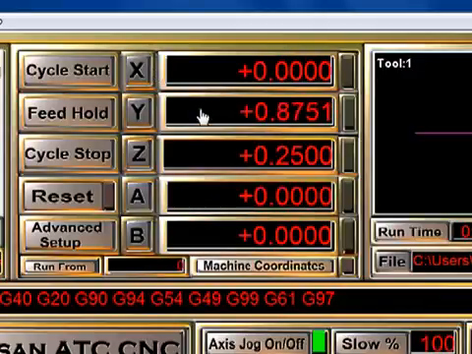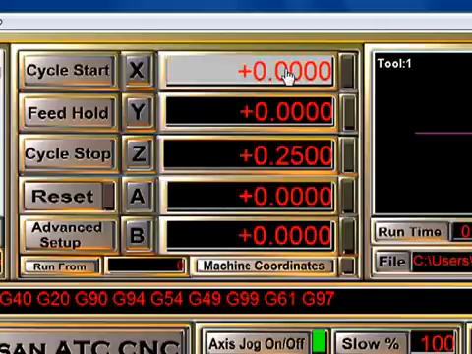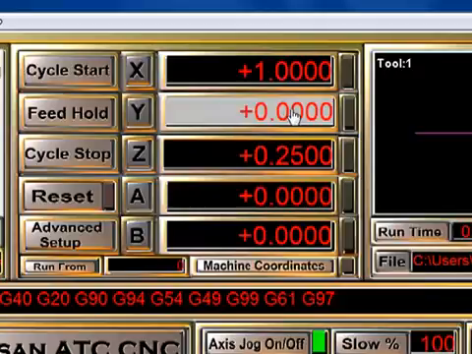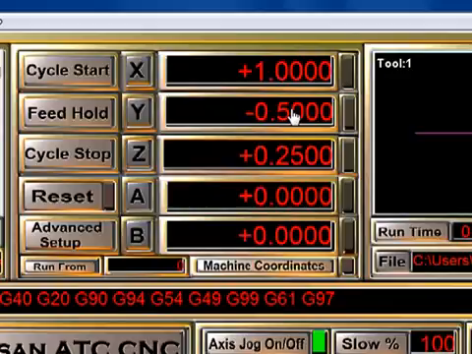an adjustment here in the X and the Y axes. Let's say that we position the cutter and we want to set this location for 0, 0. Simply clicking on the X to the left will zero the X axis. Clicking on the Y would zero the Y. If you click on the numbers and type in a number and hit enter, it will display that number. We can also enter a negative value as well.